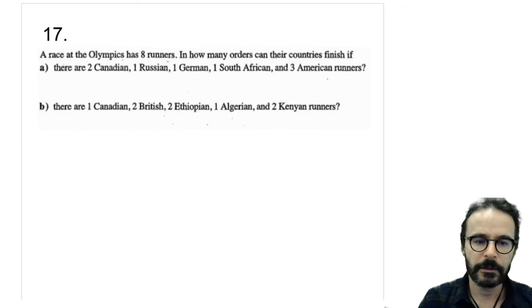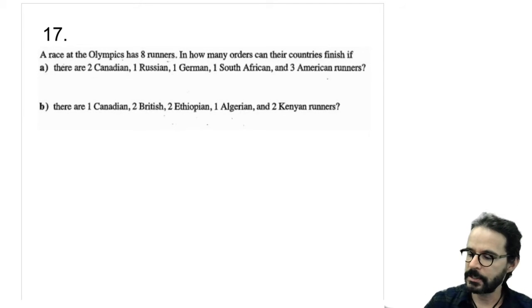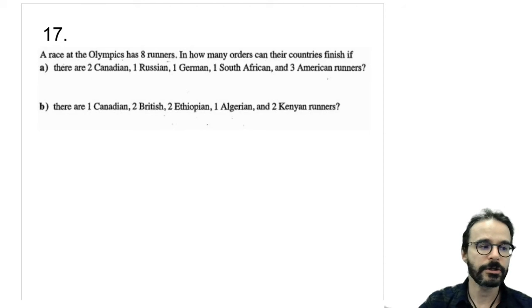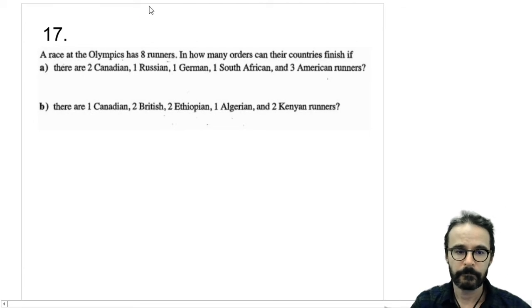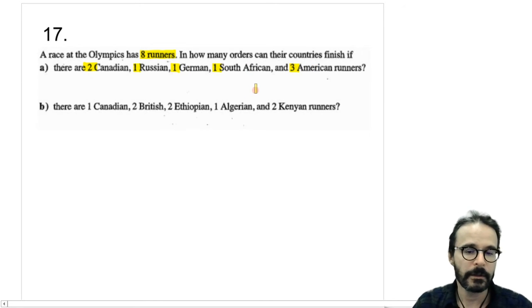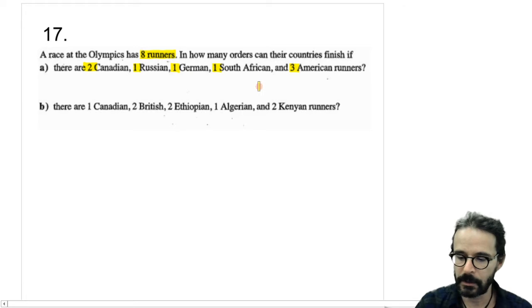Hi folks, this is question number 17 from the Combinations and Permutations assignment. A race at the Olympics has 8 runners. In how many orders can their countries finish if there are 2 Canadians, 1 Russian, 1 German, 1 South African, and 3 American runners? So this will be an example of repeating